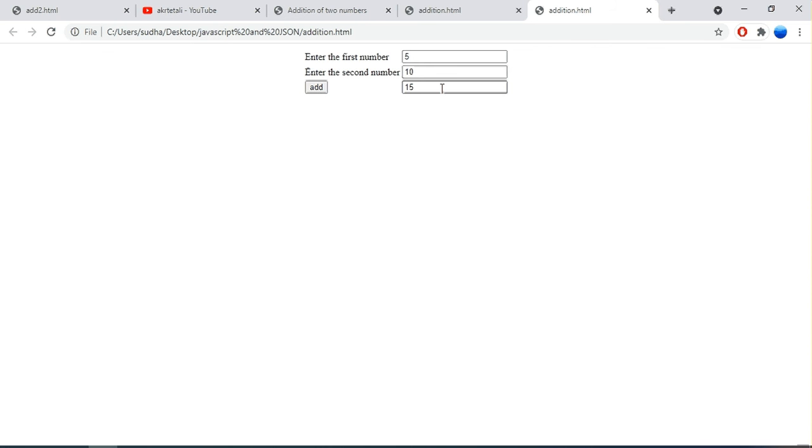So just click on add. So this is 15. On clicking add, the onclick event will be generated and the JavaScript code will be called, and inside the add function there is logic to calculate the addition of two numbers. So this is the final value 15. Okay, thank you.